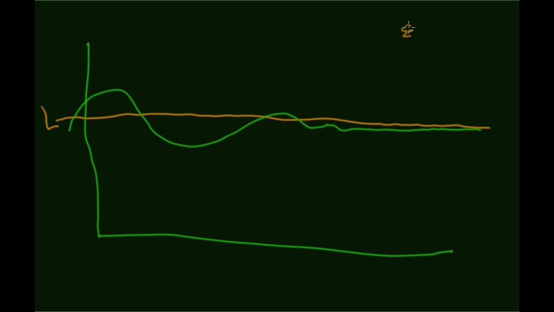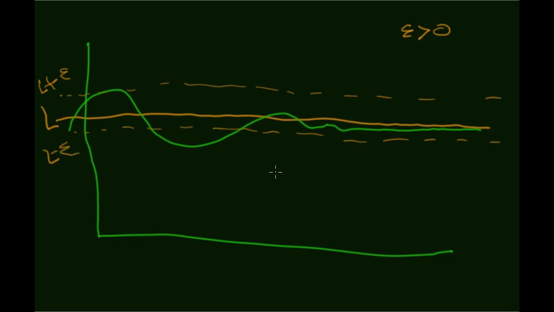So the epsilon player picks some value bigger than 0, and we're going to build a tube. Here's the value epsilon units above L, L plus epsilon, and here's the tube epsilon units below L, so L minus epsilon. What the other player needs to do is now pick a value. Let's pick a value n. So this is an x value,